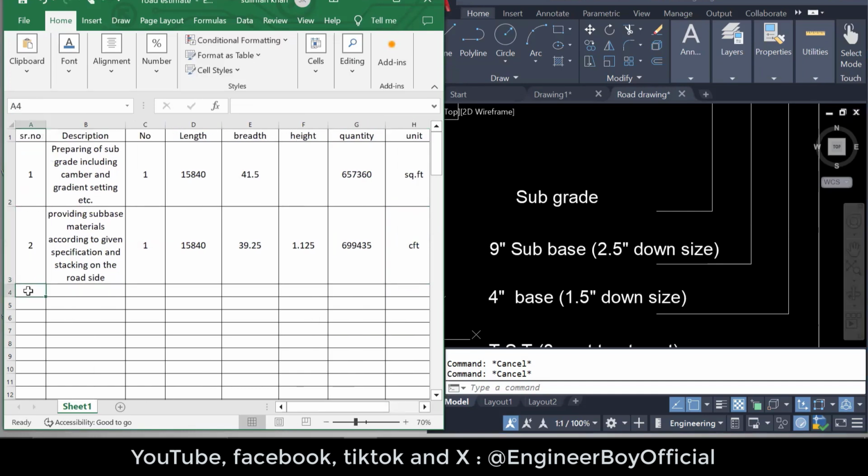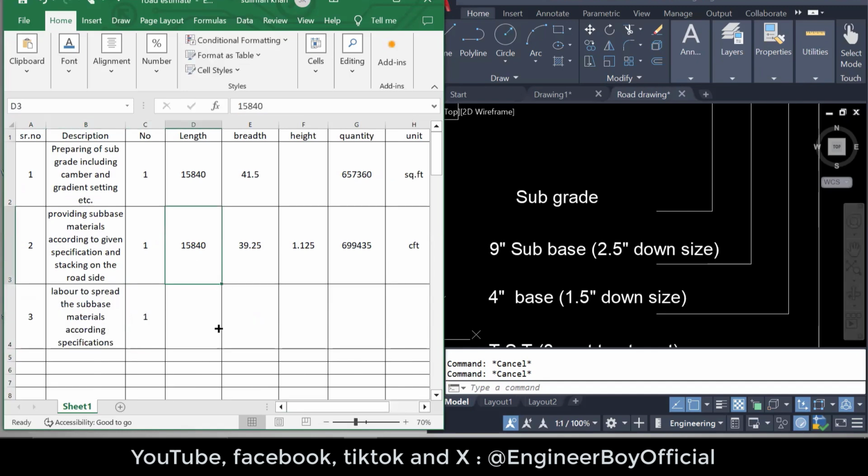And then we have actually number 3, and we should calculate labor to spread these materials, which are already brought, to spread the subbase materials. And this should also be according to the specifications, or maybe according to the dimensions given. In number, it should be 1. And as you can see, the quantity should be the same,